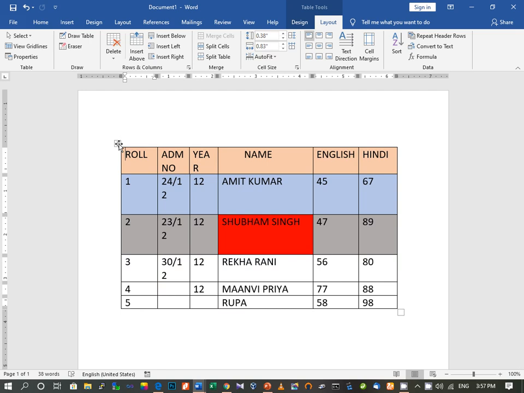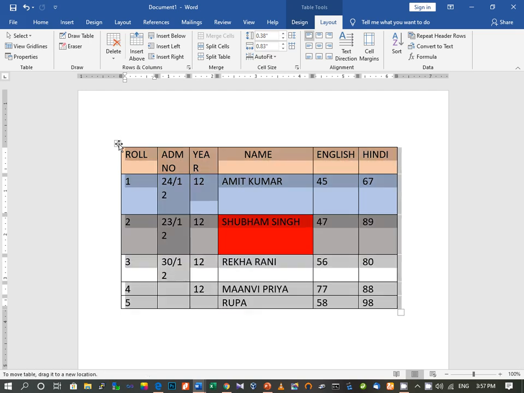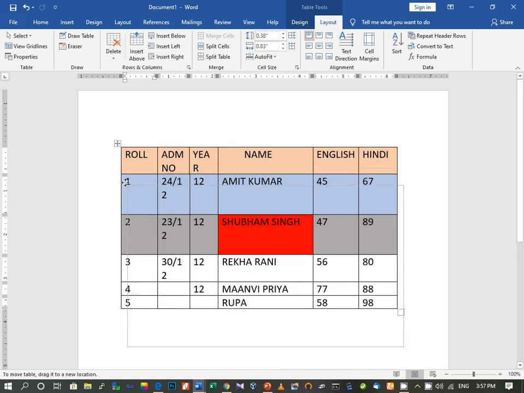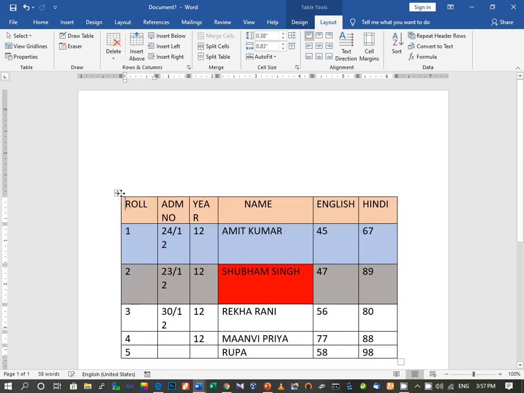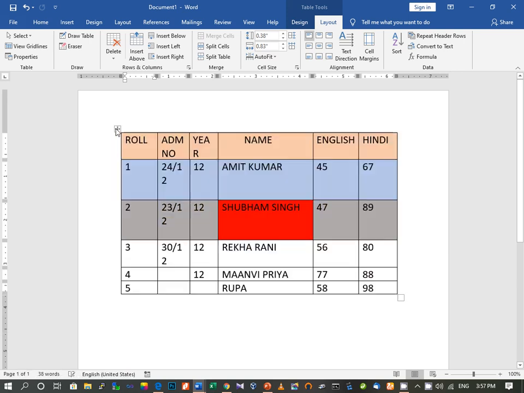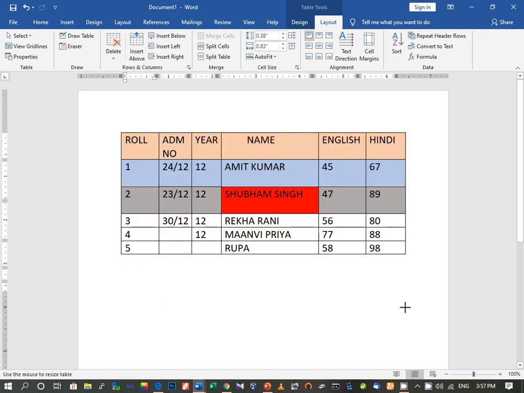Suppose you want to move the table to some other place in your Word document, I am dragging it down, so our table has moved down. Again I will put it up. So this handle is used to move the table, and this small square is used to resize your table. So this is one method of resizing a table.